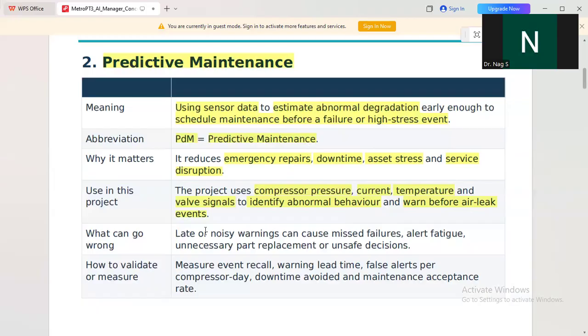So what can go wrong? There could be late or noisy warnings, and these noisy warnings can cause missed failures. There could be alert fatigue. It might be possible that the system is not accurately predicting the anomalies and alerts unnecessarily. That could happen. So we have to ensure that the AI system is trained appropriately so that it